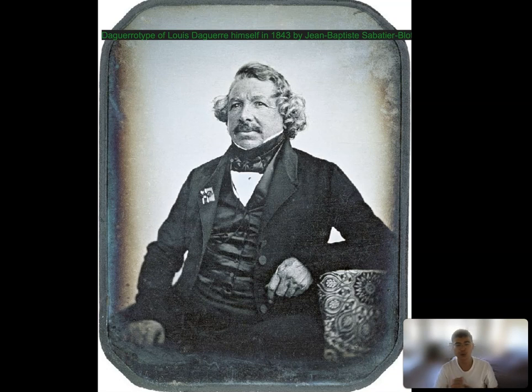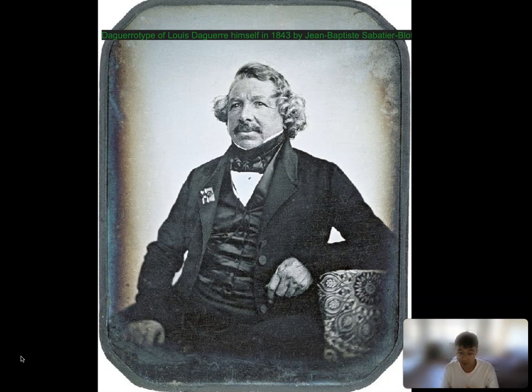Well, let's move to Niepce's good friend, Daguerre, who's himself a stage artist, stage painter. So for him, he was in need of this kind of technique to help him with the stage setting, with the stage painting, all these things.